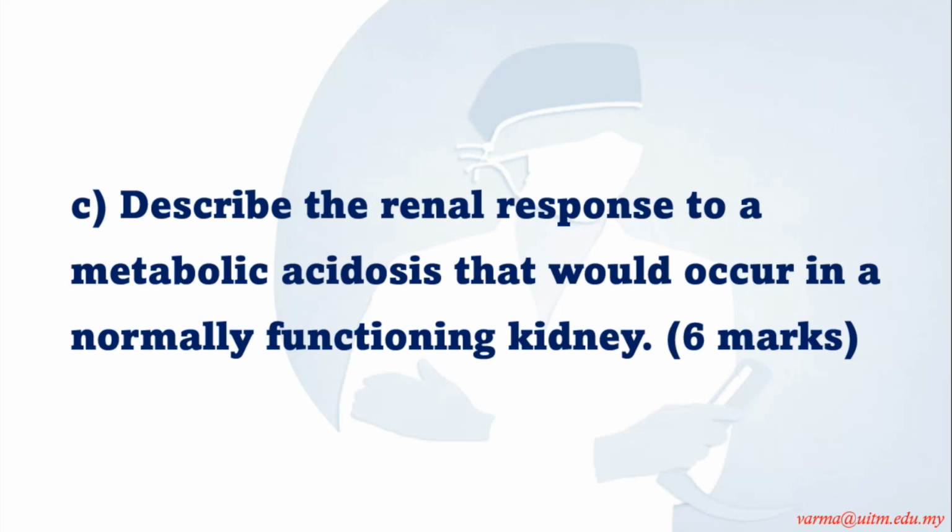Okay. Next, we go to the question which is the bulk of it. Describe the renal response to a metabolic acidosis that would occur in a normally functioning kidney. 6 marks. Again, renal physiology is something a lot of people stumble upon. So they already give you a specific pathology here, metabolic acidosis, and they already say this kidney is functioning normally. So a practical answer should at least be able to mention how the kidneys respond to the metabolic acidosis, and what are the steps or processes